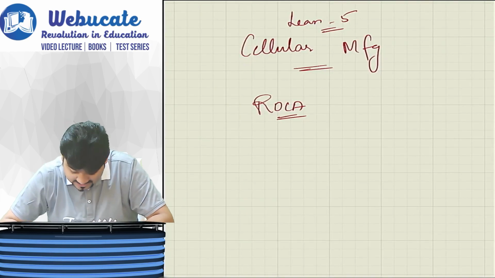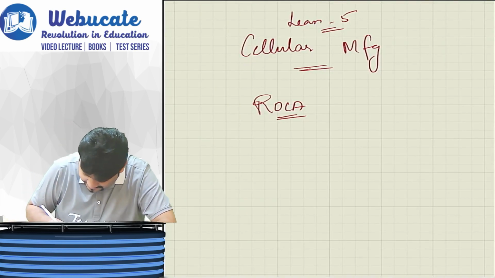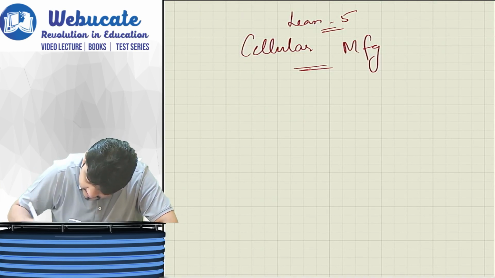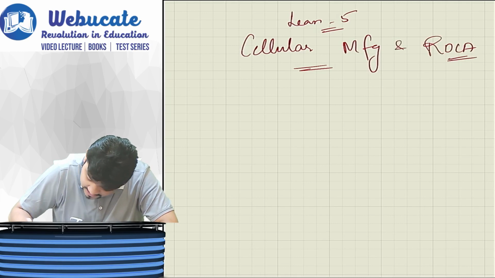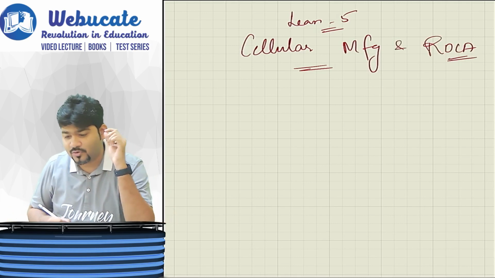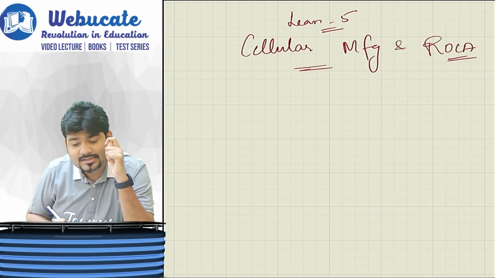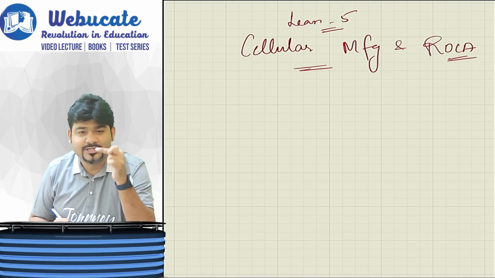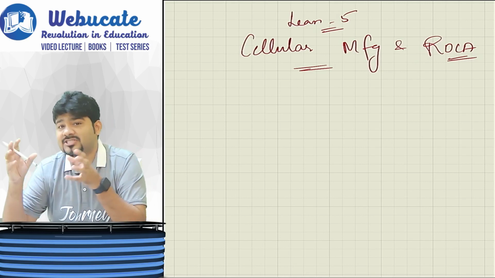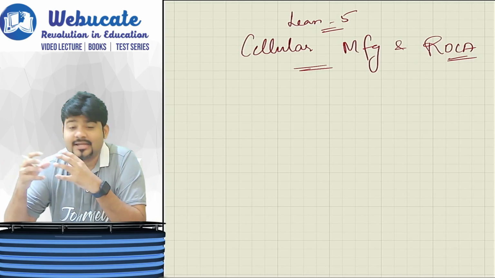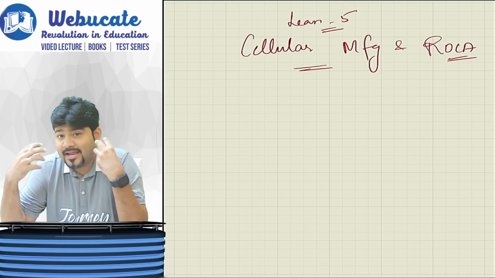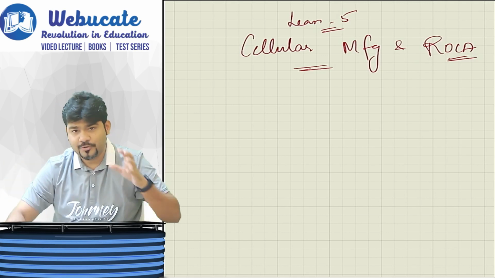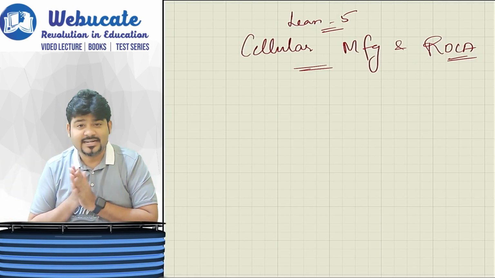So what is your CA Foundation? Here we will say that this cellular manufacturing, this ROCA, is actually a lean system through which the waste of motion, if you remember, unnecessary movement of men and machine, is stopped to a very great extent. I told you in the first lecture when we started this chapter